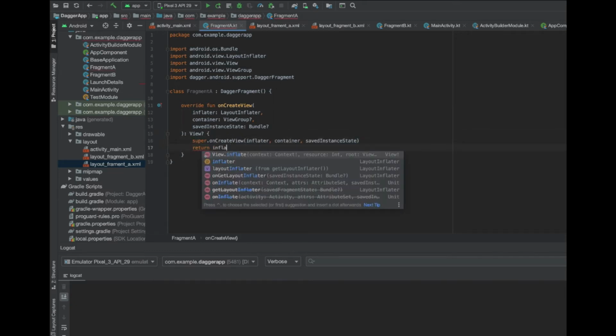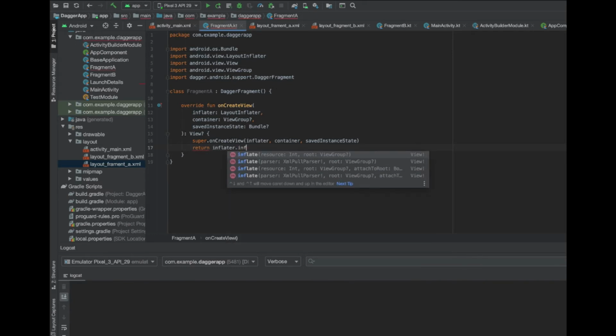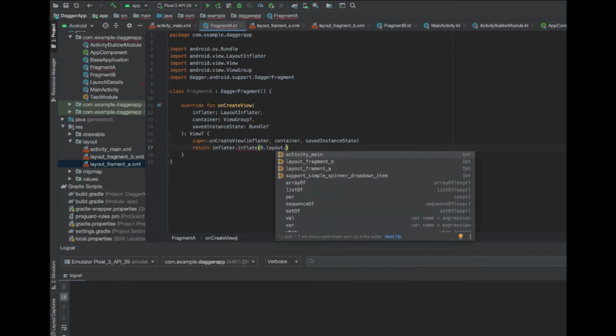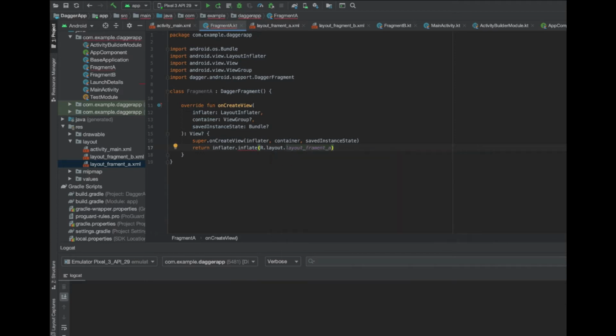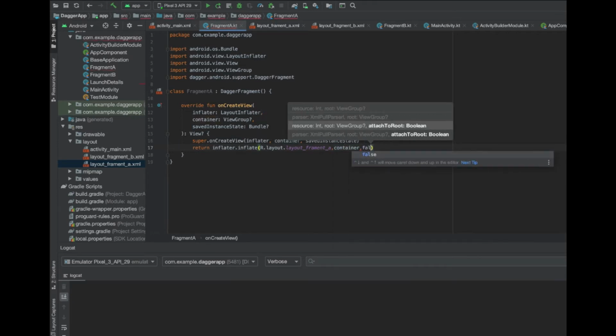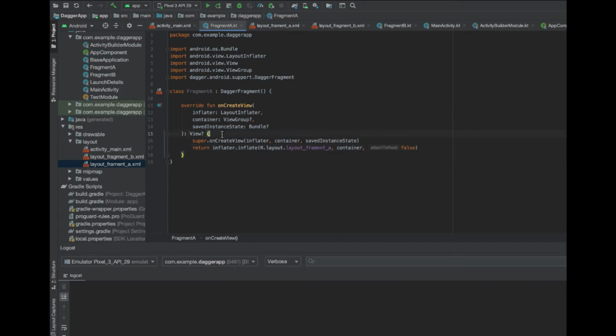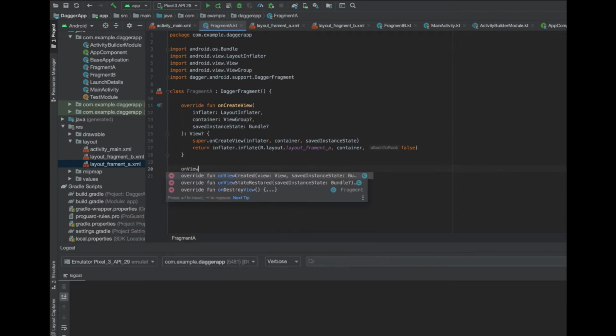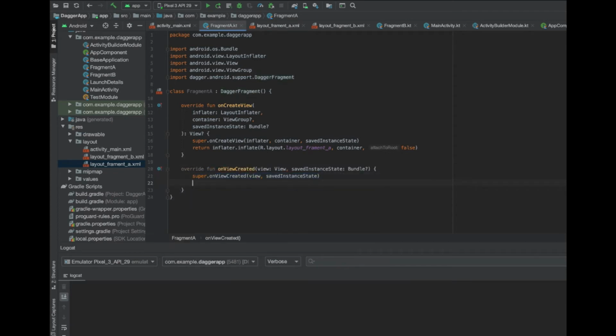So we do inflater dot inflate R dot layout dot, this is fragment A, so I will return fragment A, and then the container, and if I want to attach it to the root, I will give it false. And on view created, I'll override it. Here I will set the text view